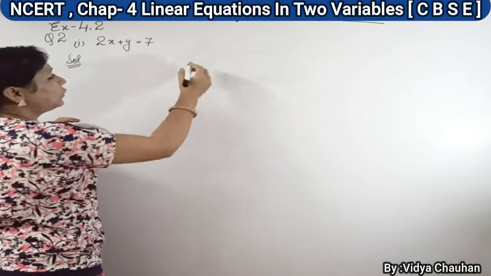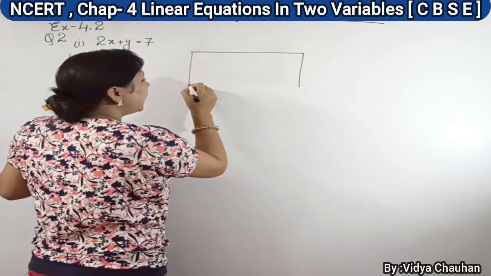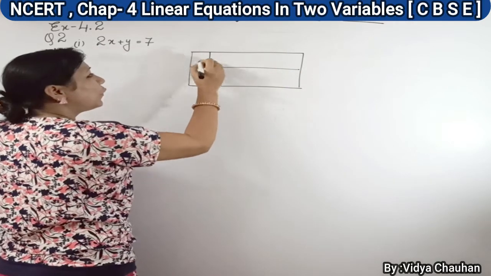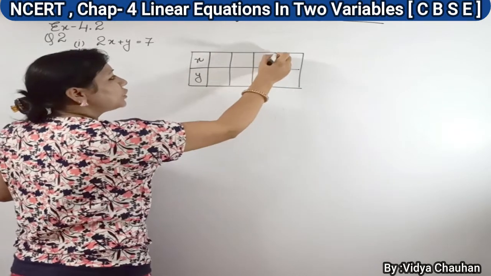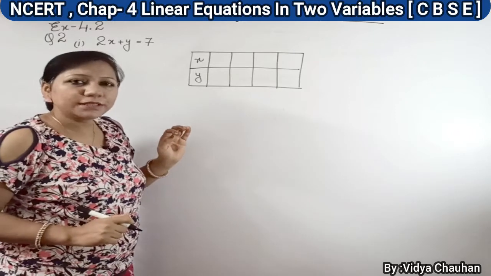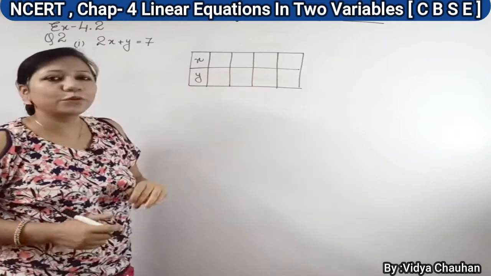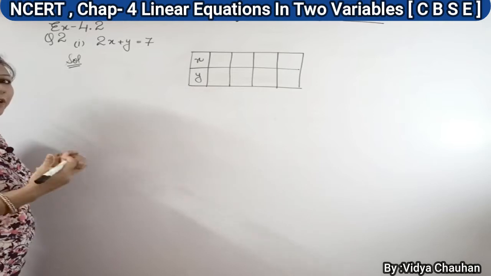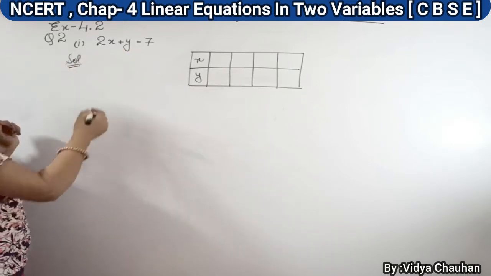So to find the solution, very first we will make the solution box, and as it is said in the question, you have to find 4 solutions to this given equation. How many solutions? 4. We need to find 4 solutions to this equation. So I have made 4 rows here to find the solutions. So very first, what was the process? Very first we have to write the equation in terms of one variable on the left hand side only.